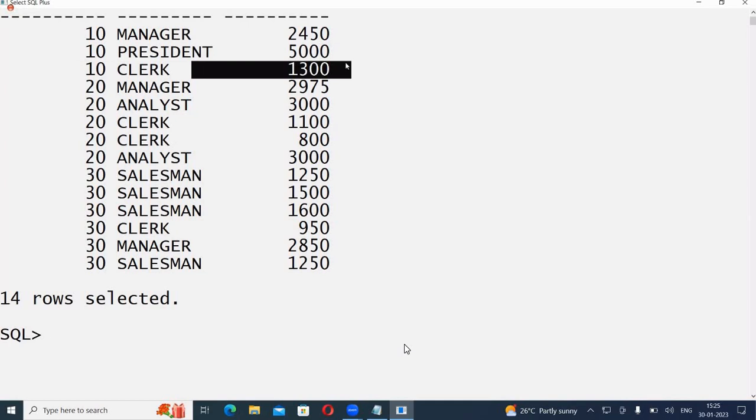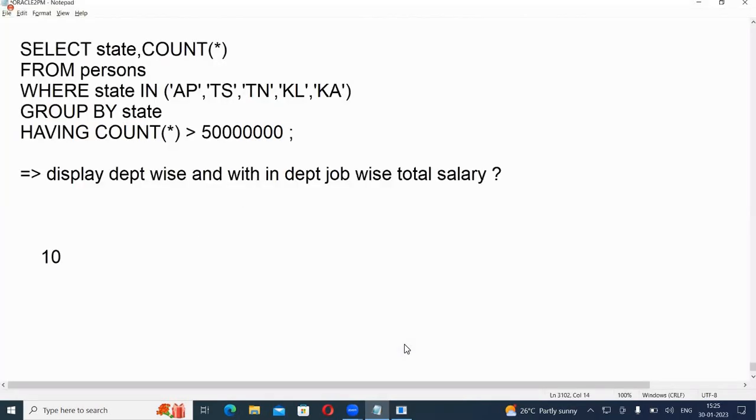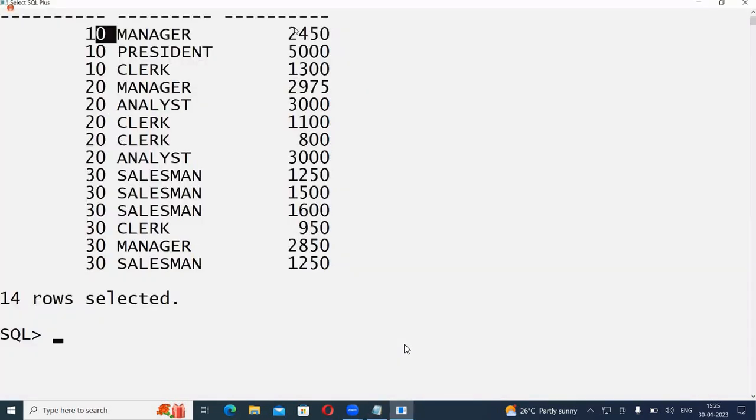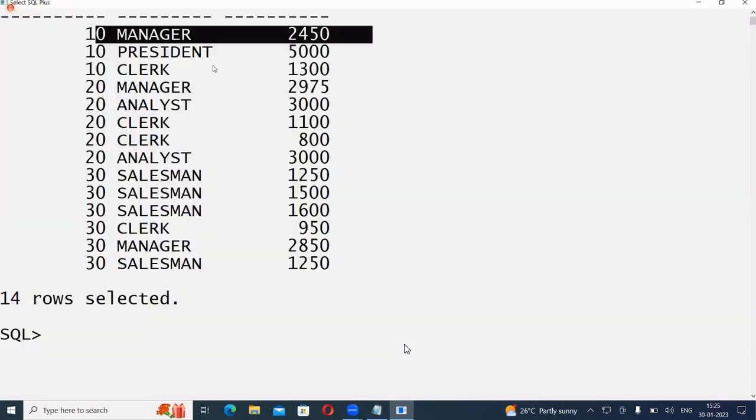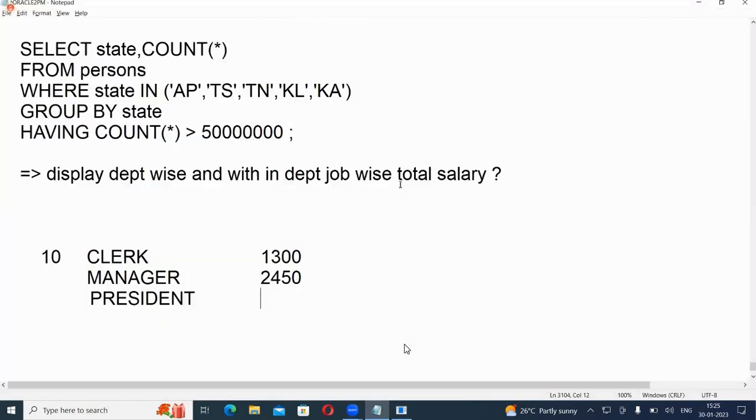What is the total salary paid to this clerk? 1300. 10th department clerk, 1300. So 10th department manager. How many managers are there? One manager. What is the total salary paid to the manager? 2450. Next one, presidents. How many presidents are there? One president. What is the total salary paid to the president? 5000. Next one,